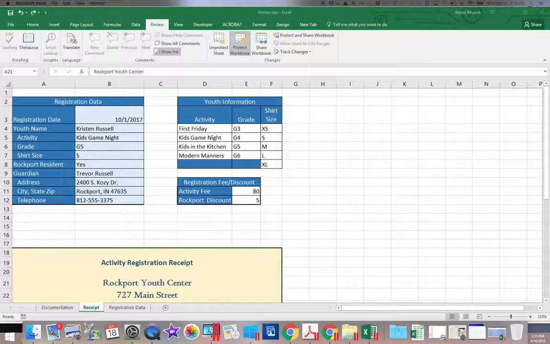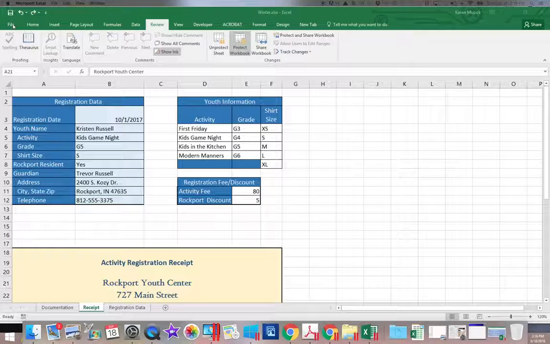Now, finally, I do want to point out that none of those options keep someone from opening the file and viewing the data. So, if your concern is that you have sensitive information and you don't want anyone else to be able to open it, neither of those options are going to help you. If you're going to be emailing a workbook and it has sensitive information in it, or simply you don't want anybody to be able to open it and look at it, maybe it has payroll numbers in it,